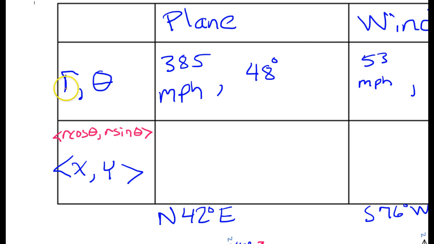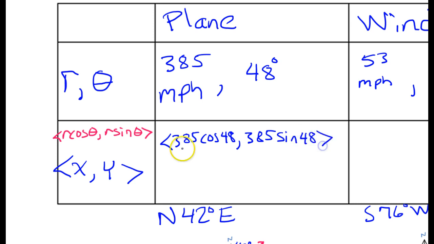Alright, that's how you convert from magnitude and direction to component form. So for the plane, that's going to be 385 cosine 48 and 385 sine 48. Okay, that's r cosine theta, r sine theta. Alright, this is r, this is theta. So just put this in your calculator. So component form for the plane velocity is